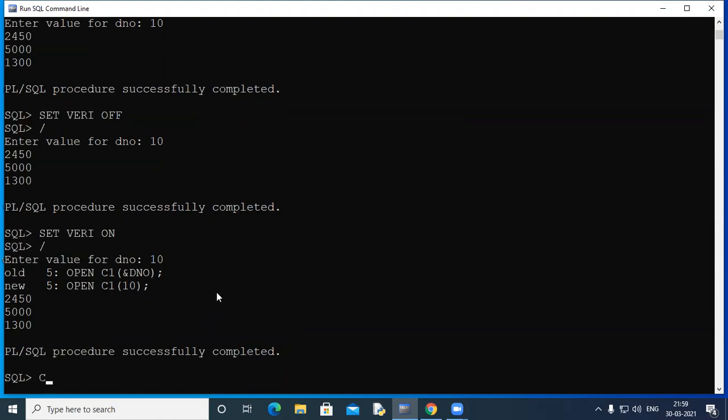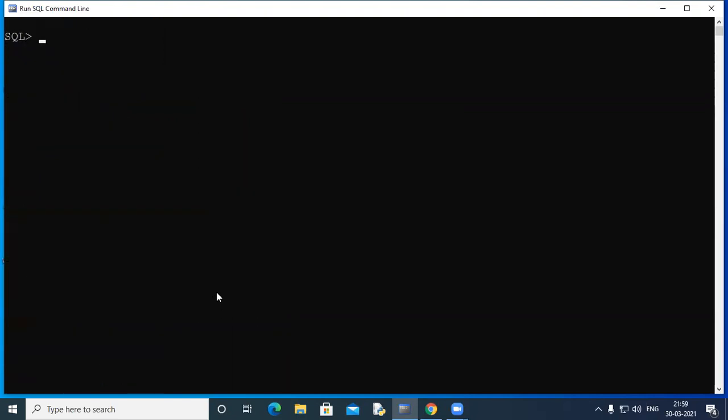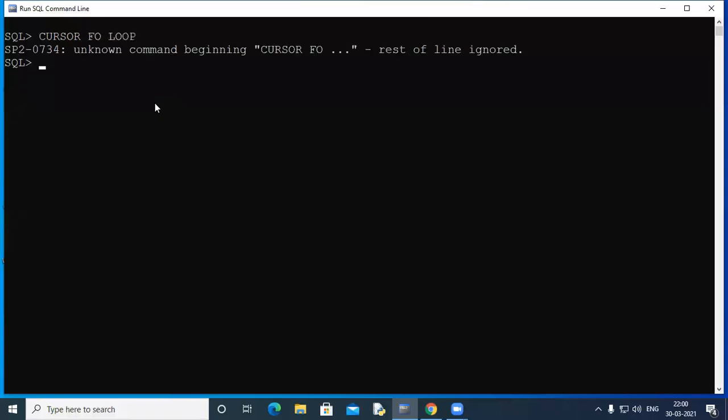So short break, 2 minutes, just a review sort of break. Next, we discuss something known as a cursor for loop. Very interesting thing. Now with this cursor for loop, what you are doing is you are declaring a cursor, opening it, fetching it, closing it. So this cursor for loop can handle much of that complexity.